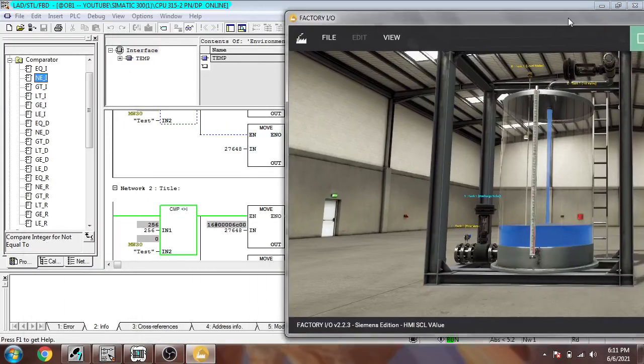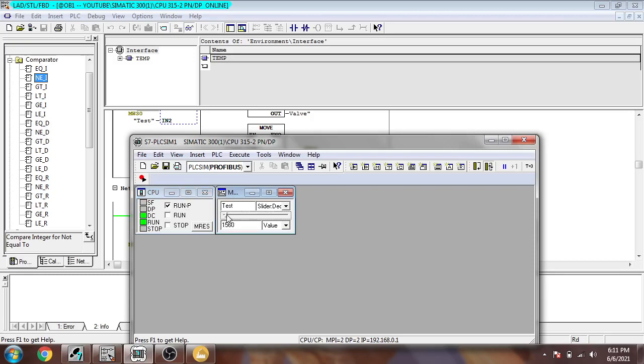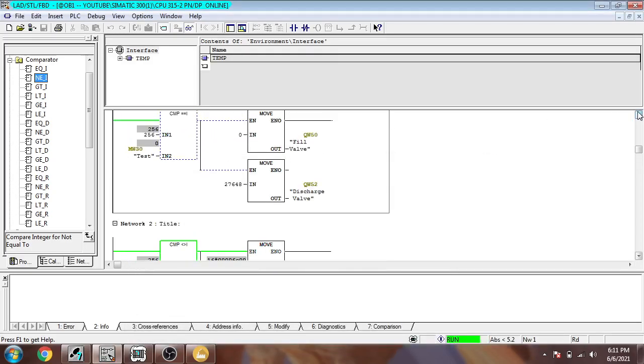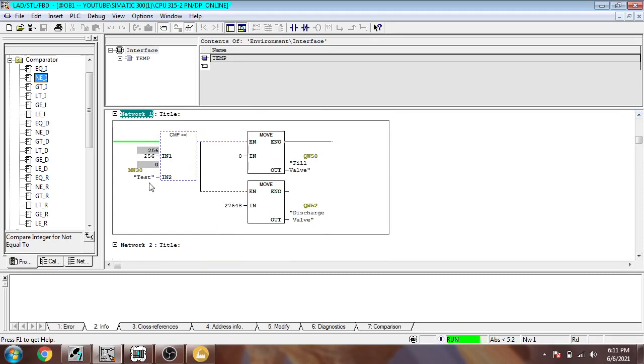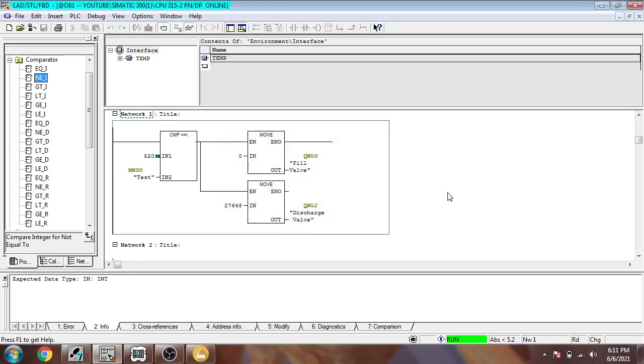But if I am going to change, because it is not equal to 256, you will see our test value is 0. It is not equal to 256. I am just going to change that here. But what if it reaches, I am going to change that to 520, and again download into my PLCSIM, like that.